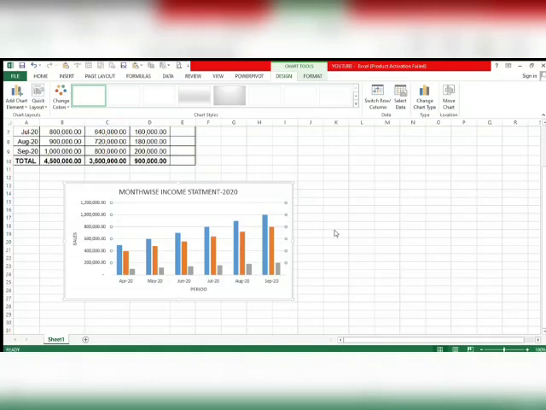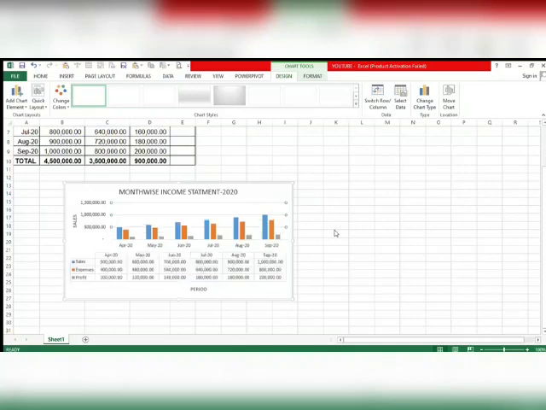Okay. Then next one is, we can plot the data table into the chart. Okay. So put the data table here. The next one is, we can also put the data label here. Label means each and every sales as well as the expense and profit will show one amount. So that amount we can show in the point. Okay, like this. So this chart is looking a little bit awkward. So let's clear that one.